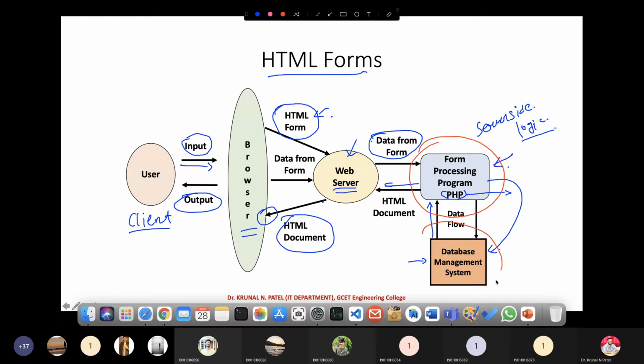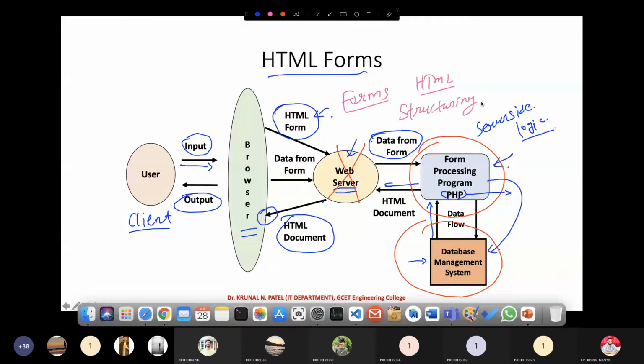Now we are not going to talk about this portion right now, and we are also not going to talk about the server right now. What we are talking about is the forms, because right now we are dealing with HTML, and HTML, as we know, is used for structuring.